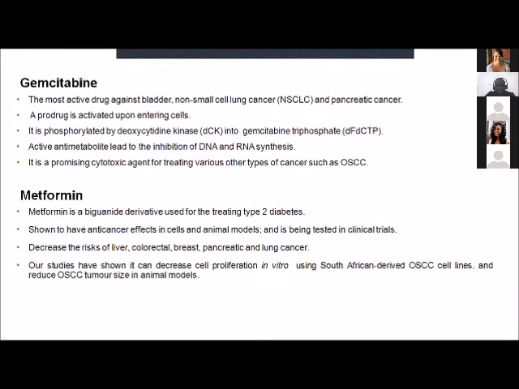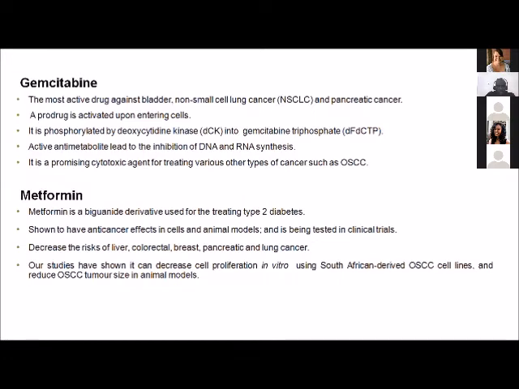What we'll be looking at in this study is gemcitabine, which is used to treat non-small cell lung cancer and pancreatic cancer. So gemcitabine is active as a prodrug that is activated upon entering cells via phosphorylation by the deoxycytidine kinase into gemcitabine triphosphate. The active antimetabolite leads to the inhibition of DNA and RNA synthesis, resulting in inhibition of DNA and RNA polymerases. Studies have shown gemcitabine to be a promising cytotoxic agent for treating various cancer types such